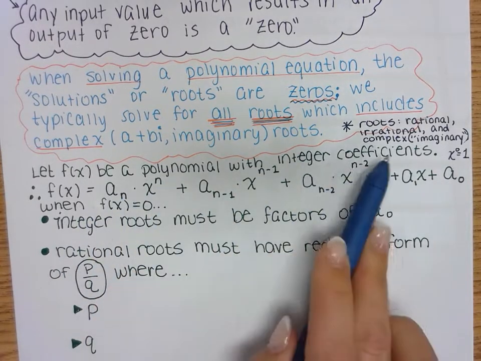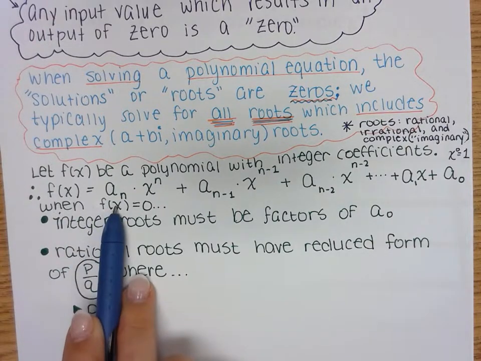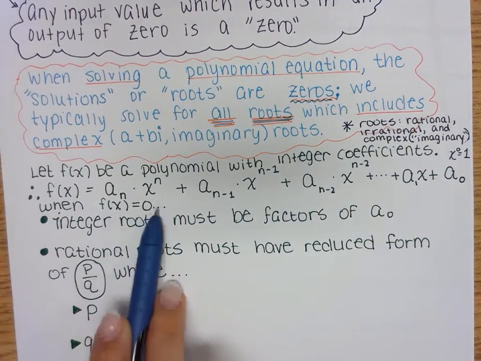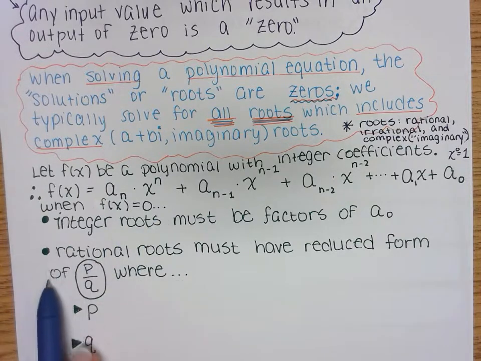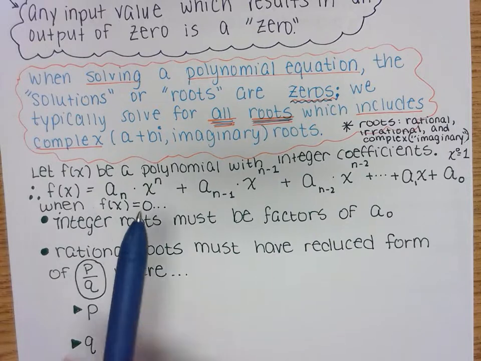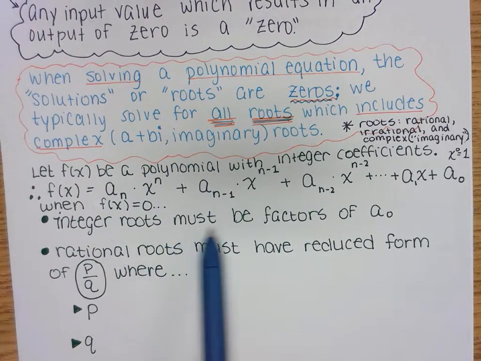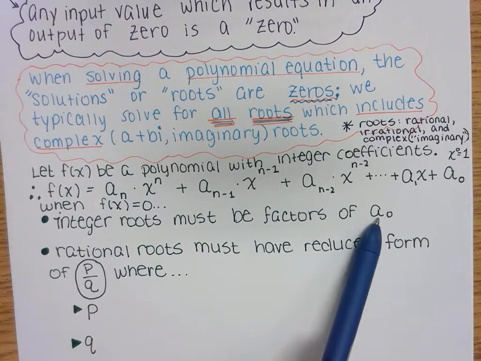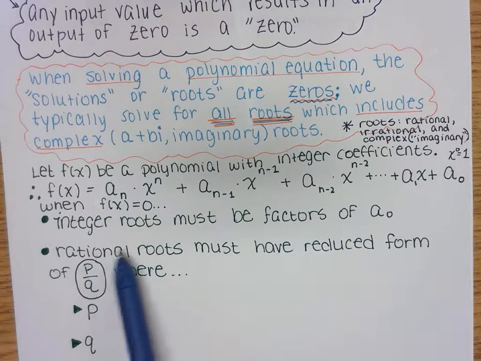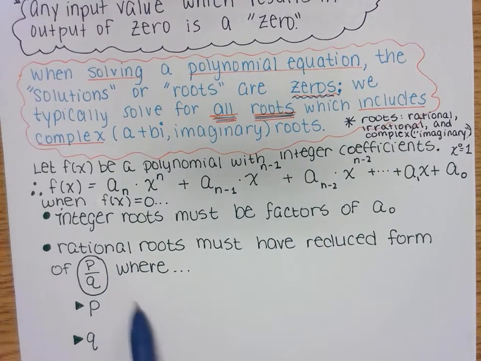Our polynomial with integer coefficients. Now, elaborating, when f of x, this polynomial, equals 0, if you set it equal to 0 and we want to solve, a couple things have to happen. Our integer roots, our solutions, must be factors of a sub 0, and our rational roots must have a reduced form of p over q, where, and we're going to talk about p over q,